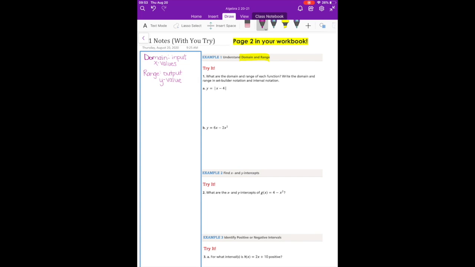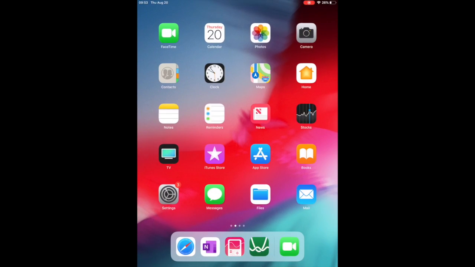Okay? All right, so what are the domain and range of the function? And we're going to write it in two different notations. So we'll talk about those notations in a minute. But first, anytime I see domain and range, to make my life easier, I am going to graph it. You should have some sort of app downloaded to graph. If you're on a Chromebook, you already have a graphing calculator on there, school issued. If you have your own Chromebook, get in touch with me and we might be able to get it on yours. There's also the app Calculate 84 or Desmos. I like Desmos,